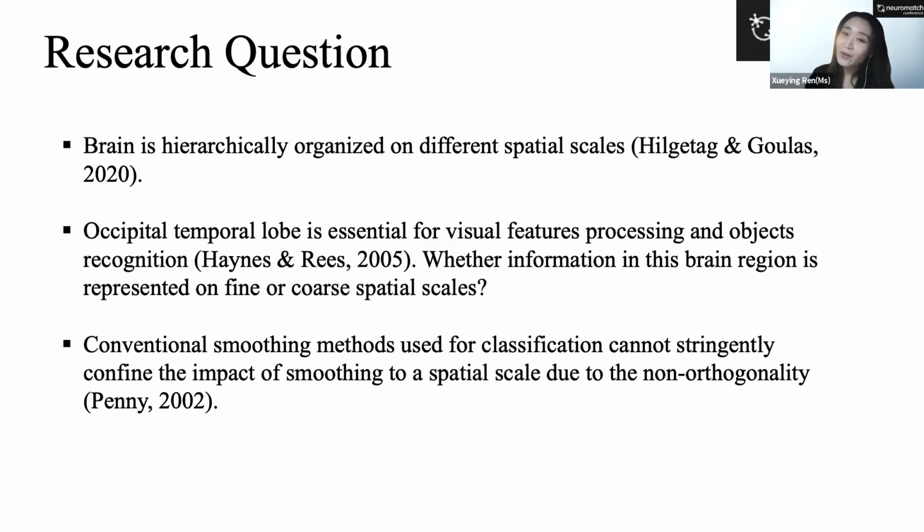So we all know that from individual neurons to larger functional brain regions, the brain is hierarchically organized on different spatial scales. The brain region that we were interested in is occipital temporal lobe, which is a very important brain area for visual features processing and object recognition. However, the question of whether information in this brain region is represented on fine or coarse spatial scales during this